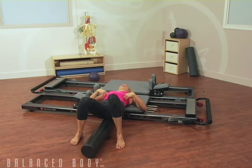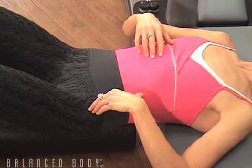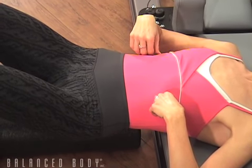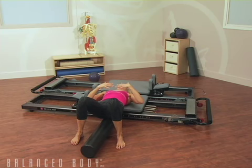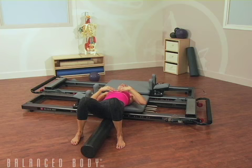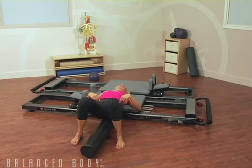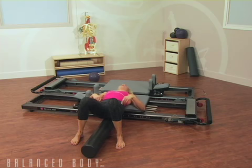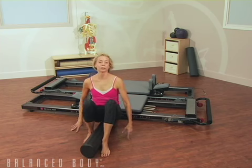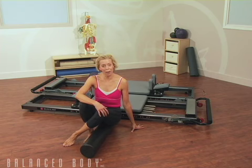Now the breathing pattern would be to inhale to the side to which you were going, exhale to the center, and inhale to the side. It's also very important to keep the back of your ribs, the back of your lungs settled down on the carriage, since a common error would be to move into thoracic extension using more of the spine extensors than the oblique slings. I've used this for so many of my clients, people with lower extremity injuries, people with spine injuries,